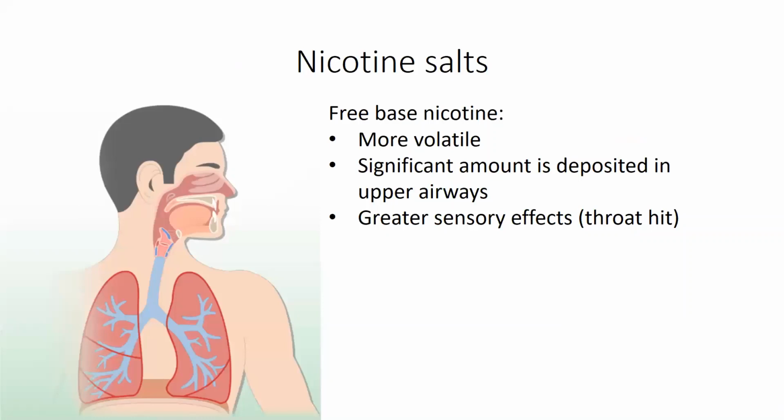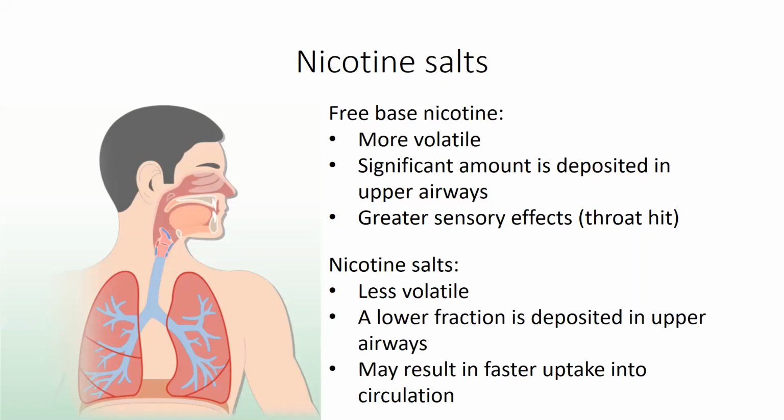Now, just a quick note about nicotine salts, because I'm sure people will be interested in what nicotine salts are and what the difference is. For electronic cigarettes, the e-liquid could come, as I've said before, in free-base nicotine. This free-base nicotine is a more volatile form of nicotine, meaning a significant amount of it is deposited in the upper airways. So if it's deposited in the upper airways, you have this greater sensory effect in the throat, what is called